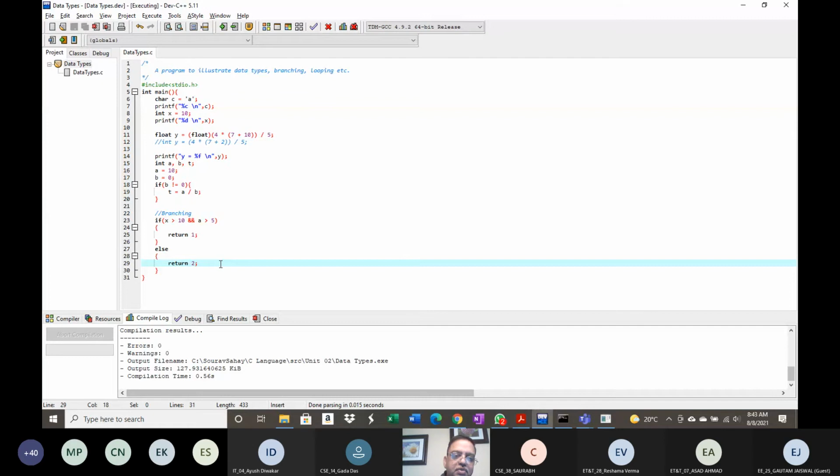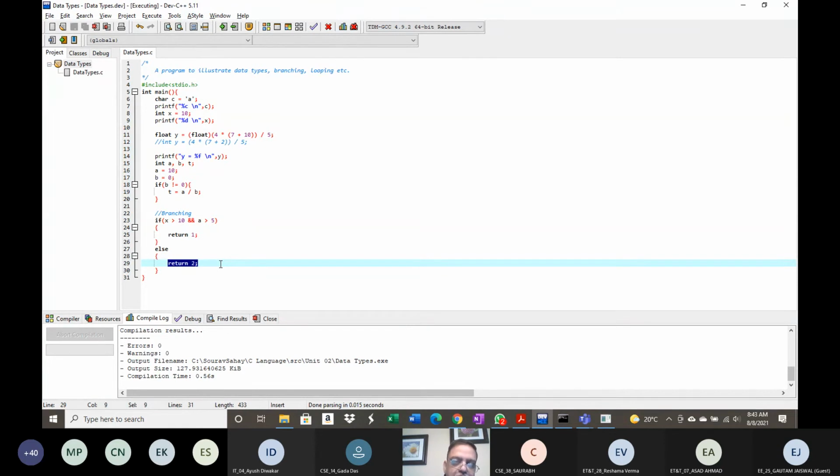Just a few words about this return value. You might have noticed that we have these return statements within our main function. So it returns a value. To what does it return the value? It returns that value to the operating system. Now, I have not done the next thing I'm going to tell you in Windows, but I did do this in Unix a long time back. We were writing C language programs in Unix, and the return value we used later on for further processing. So that is the significance of this return statement.